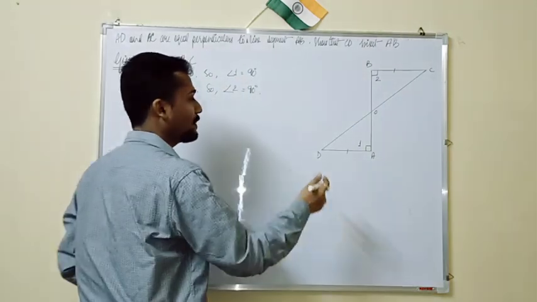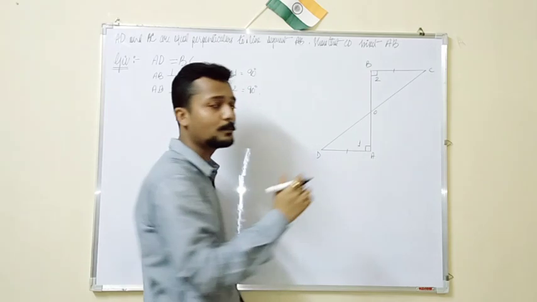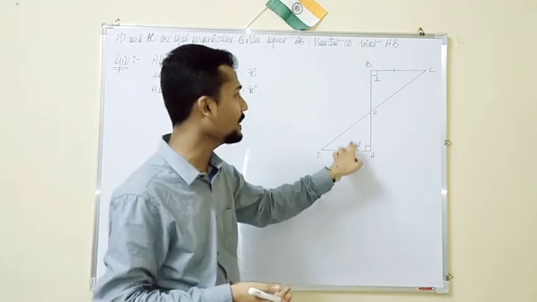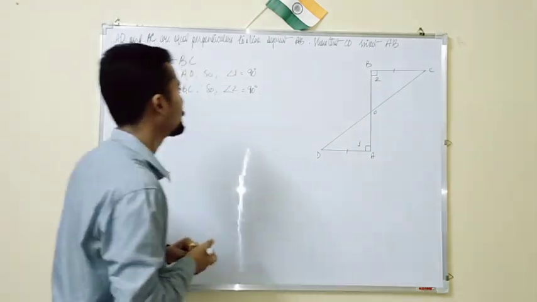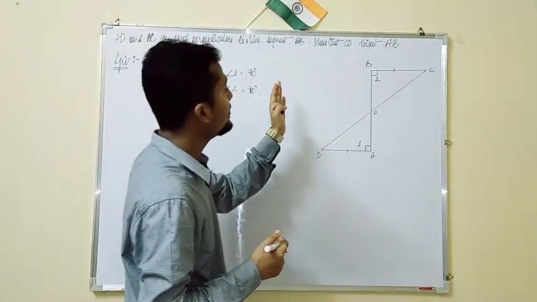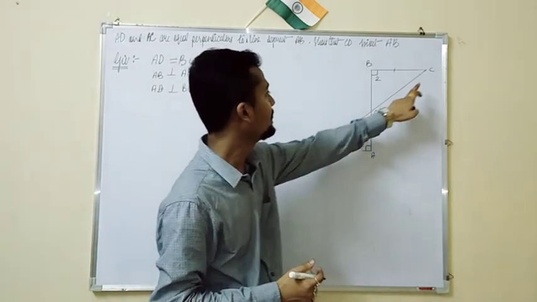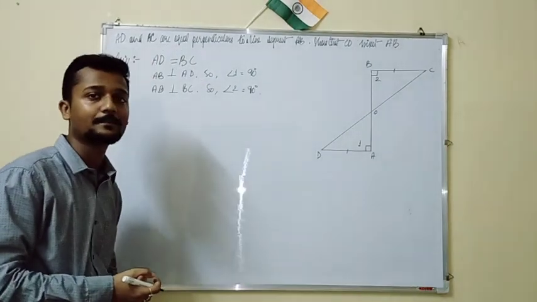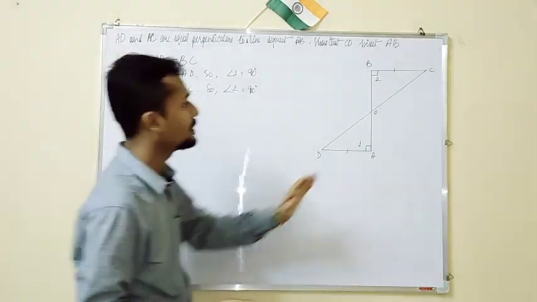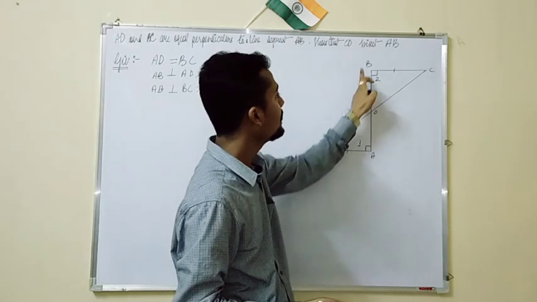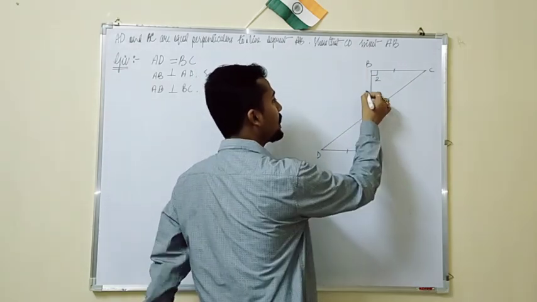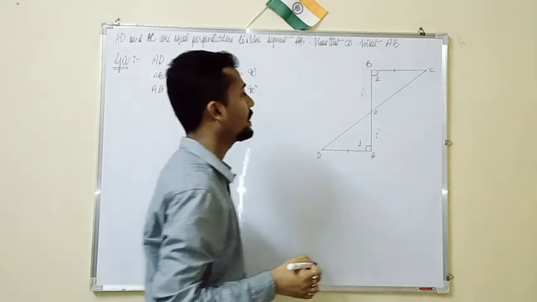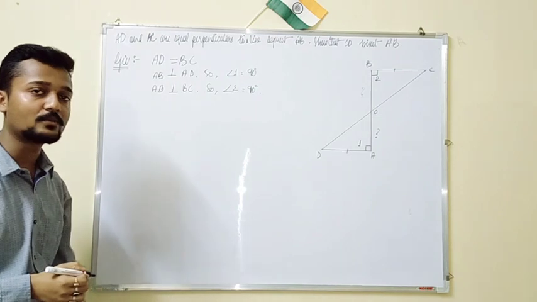So हमने मार्क कर दिया है for our convenience. इस पर्टिकुलर एंगल को हम लोग पकड़ेंगे एंगल 1 एंड इस पर्टिकुलर एंगल को हम लोग पकड़ेंगे एंगल 2. That means एंगल 1 and एंगल 2 both are 90 डिग्री measurement. We have to show that CD bisect AB. ये हमको प्रूफ करना है. ठीक है? That means the line CD is cutting BA or AB into two equal halves. This particular line and this particular line both are of equal measurement that we need to prove.